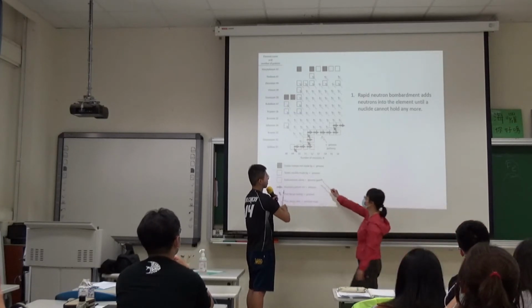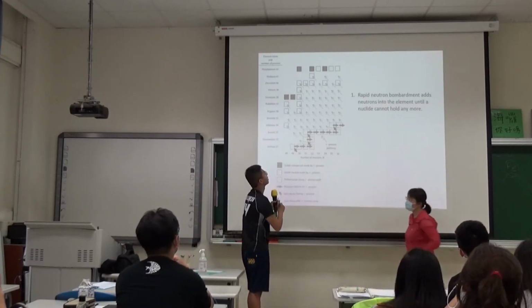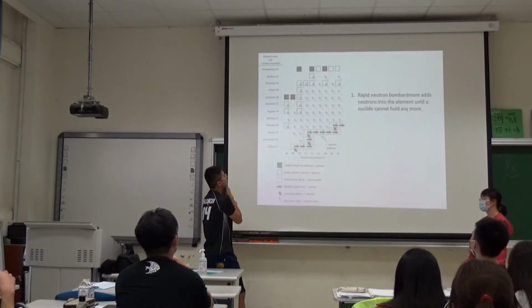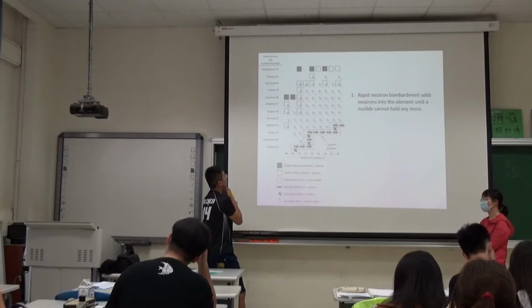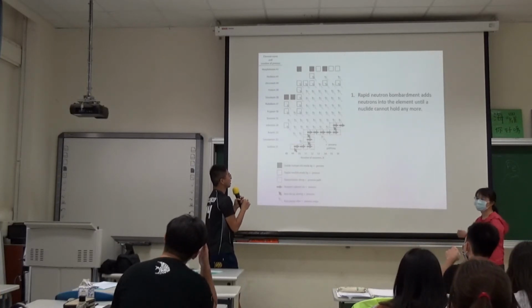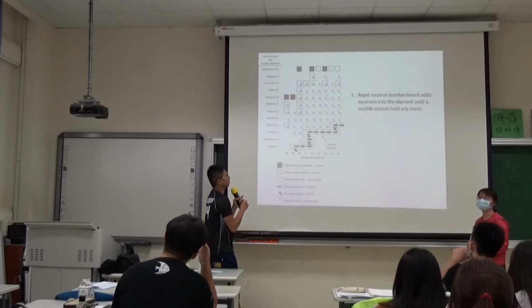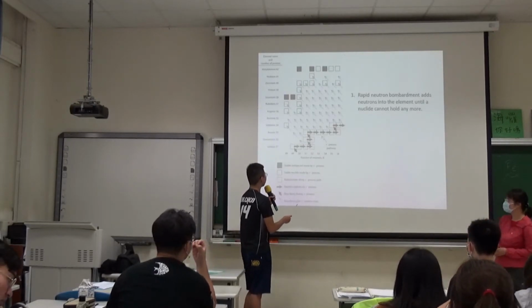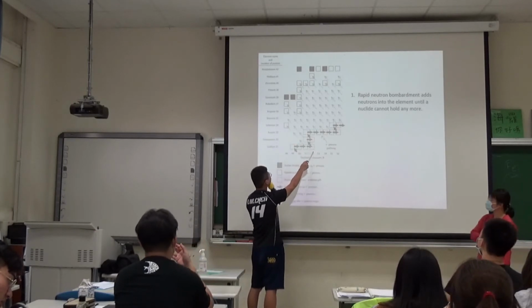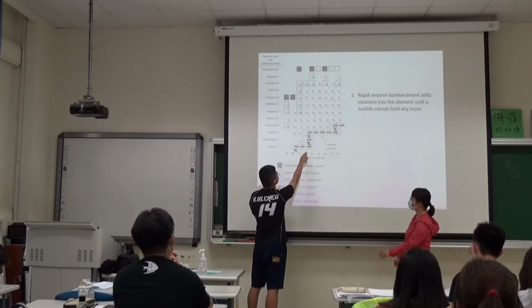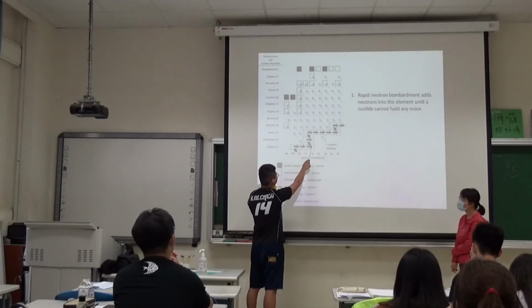Why do you think it stops here? I really don't know. Because it's saturated. It's eaten too much, full of neutrons. Yeah, too much. And then it turns into a heavier element. Which process is this? Which is called